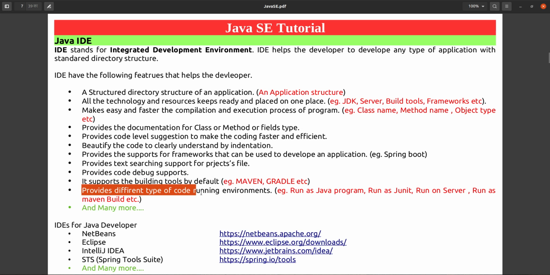It provides different types of code running environments, like run as Java program, run as JUnit, run on server, run as Maven build, in so many ways. If it is a simple program you can run it in Java. Running in JUnit is nothing but unit testing that you are doing from your side.